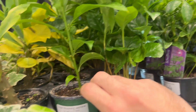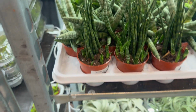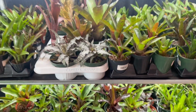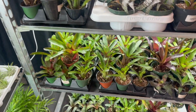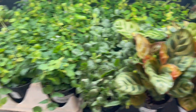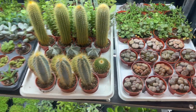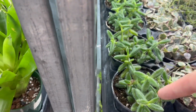The night blooming jasmine, really strong smelling flower, easy to grow in the terrariums as well. A bunch of Hoyas, some more Sansevieria here, all the air plants of course. And then we got pretty much a full rack of bromeliads, as well as some bilbergia, some ferns up there, some more calatheas and creeping ficus, peperomias, and we got all the cacti and succulents, a couple different string plants. These are neat. These are the pickle plants,